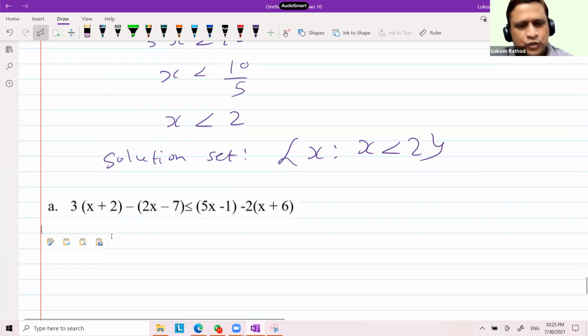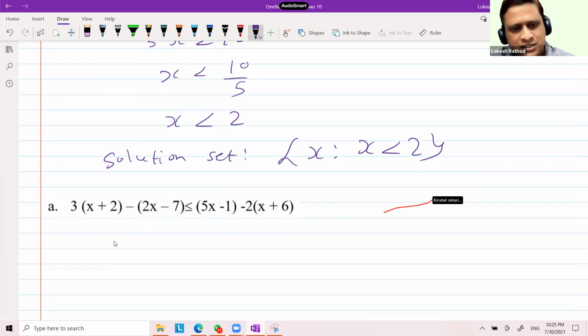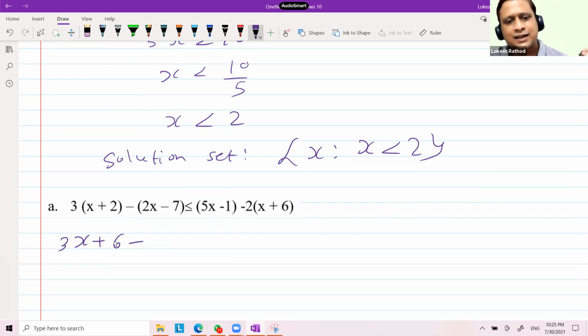So what do we do? First, distribute this 3 inside this bracket, right? So it becomes 3x plus 3 2s are 6, minus. Now, outside the bracket, it's a negative sign, right? So when I open the bracket, the sign becomes positive: minus 2x plus 7 is less than or equal to 5x minus 1